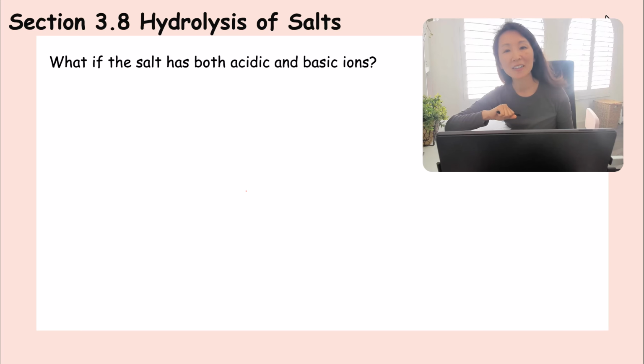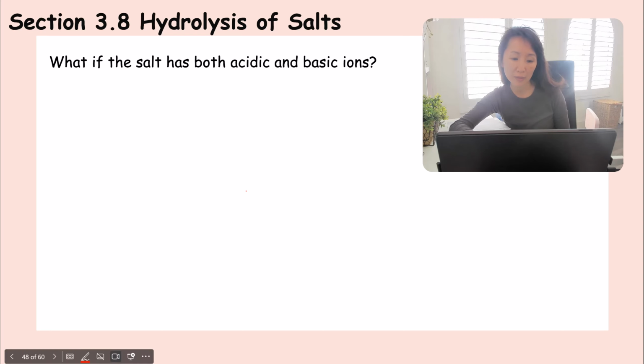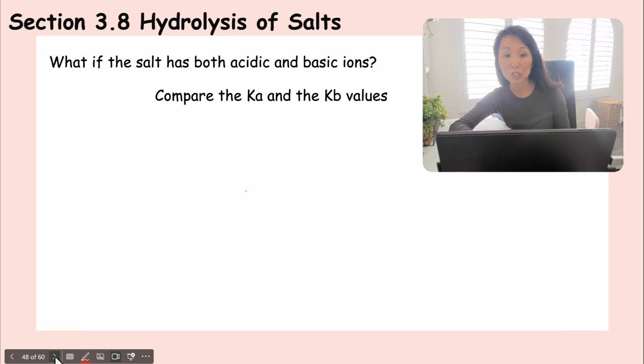We'll continue on the hydrolysis of salts, part 3. What if the salt has both an acidic and a basic ion? Then how do we know if the solution is acidic or basic, or perhaps neutral? Well, you're going to have to look at its Ka and Kb values to determine whether this solution is more